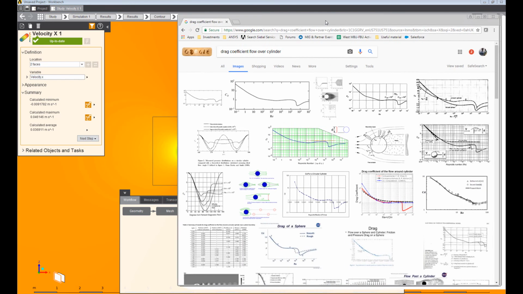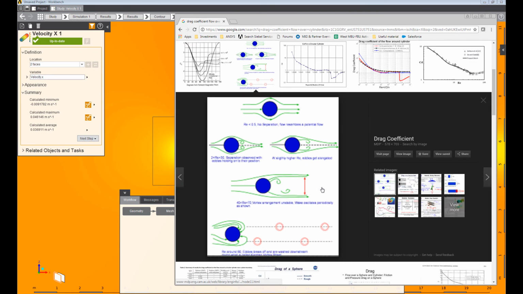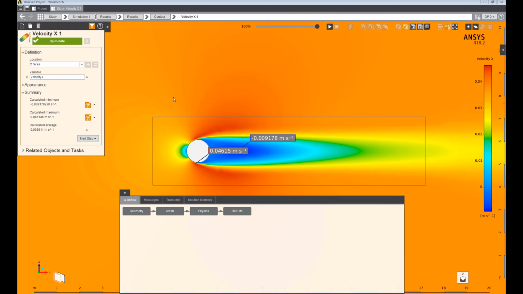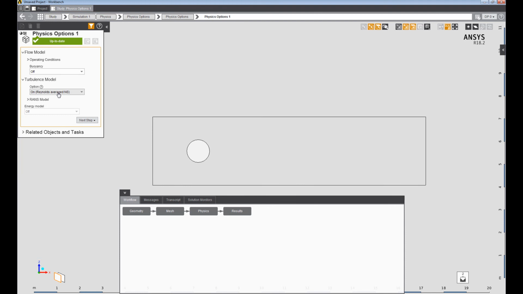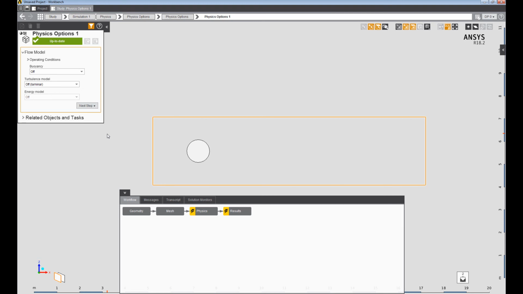So this brings some interesting effects. If we look into ideas about how the flow should be around a cylinder, as the velocity speeds up, we should expect unsteadiness, and vortices should be shedding off at a Reynolds number of over 90. Now the reason we're getting this type of result is that by default we have turbulent modeling turned on, so we can, for example, turn it off and force a laminar solution